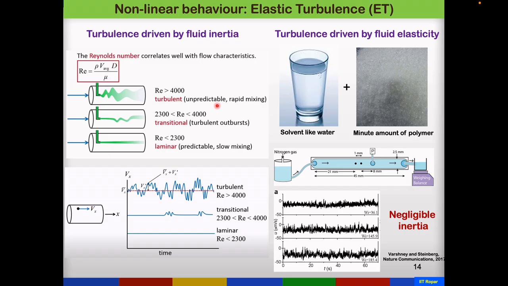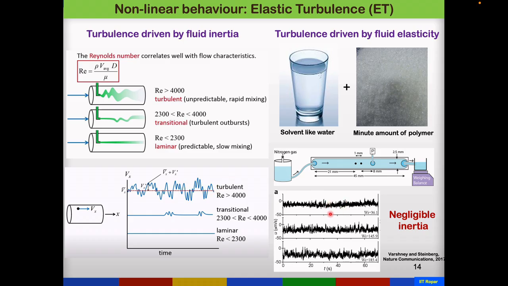But interestingly, you can take the same solvent like water. Now if you add a little bit of polymer, even in ppm quantity, and then we flow the same solution as that polymer solution through a microfluidic geometry, just like here, it's a simple channel which is in millimeter scale, and we have some obstacles inside it. Interestingly, you can see that the flow field also will become chaotic and fluctuating in nature, just like